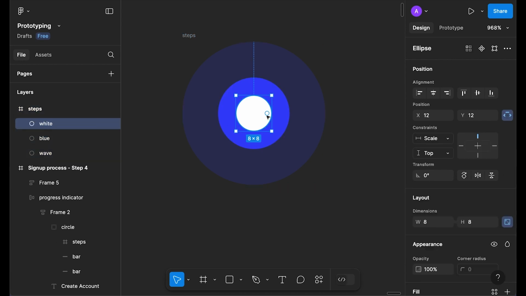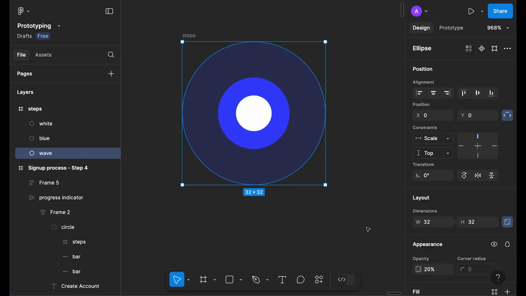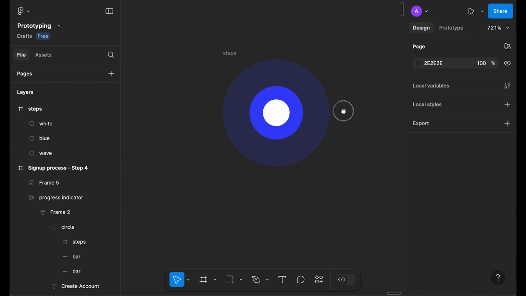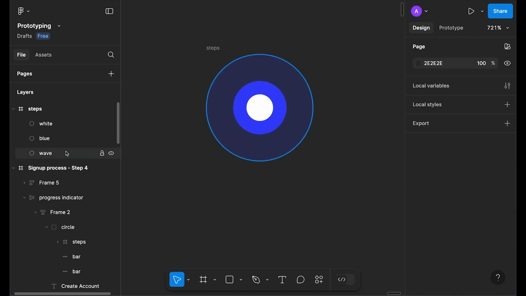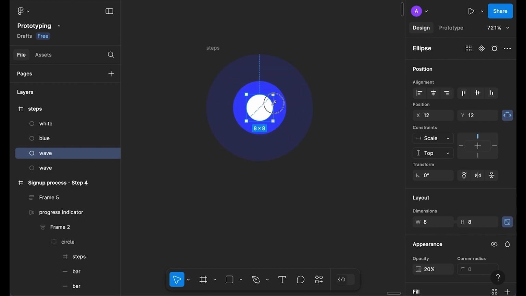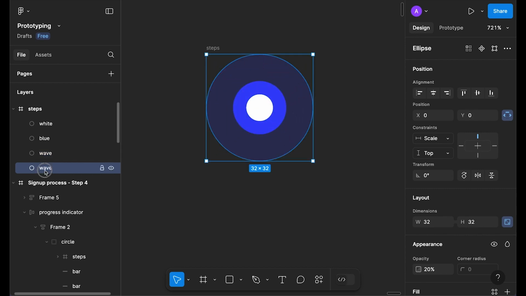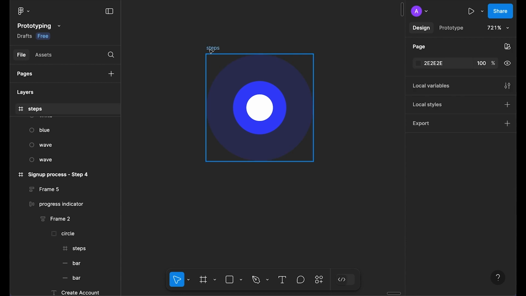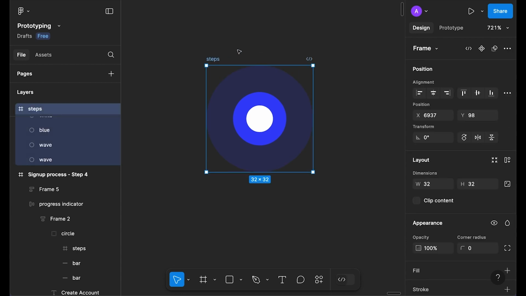So here is this white circle, blue circle, and 20% transparent blue circle, which is slightly bigger, like 32. So now what we can do is add one more circle. Let's select this wave circle and simply duplicate this. Now we will make this one bigger, the same size as this white circle, and this one will be 32. Okay, so now select the main frame and convert this to a component by Option Command K, and